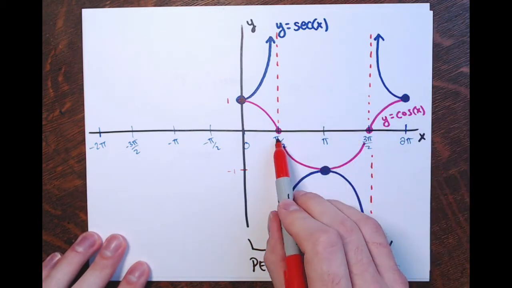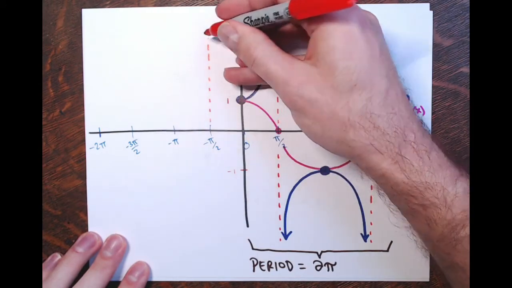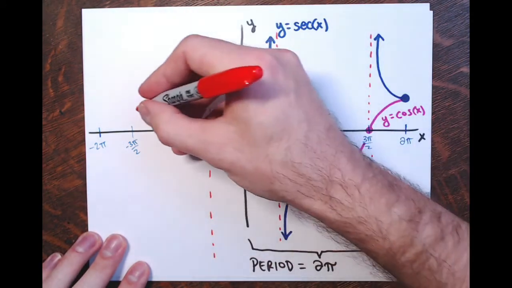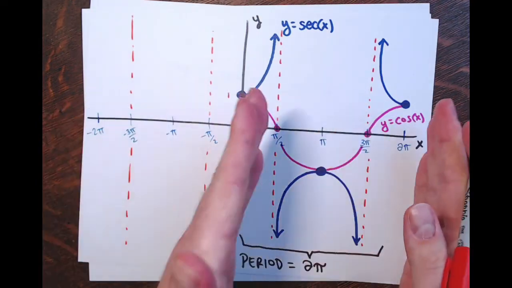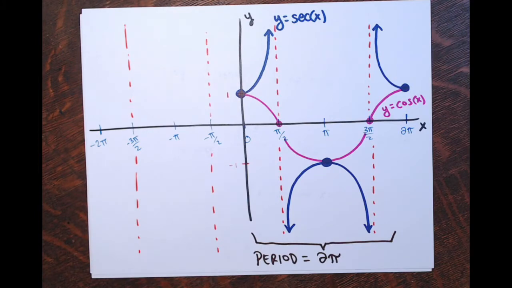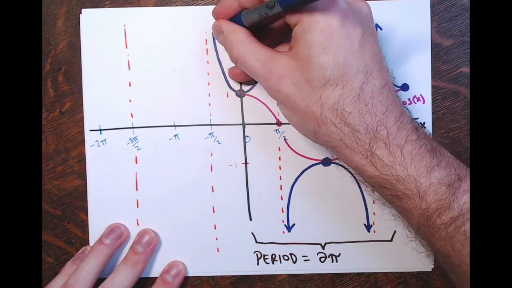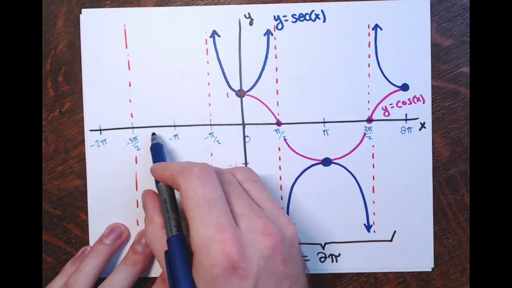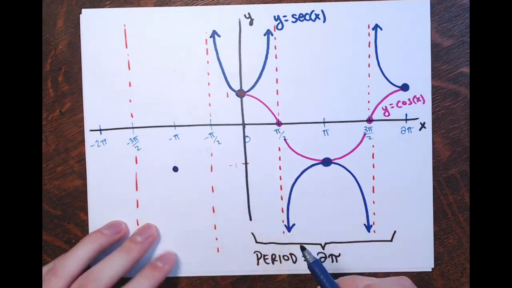Again, it looks like every pi radians, at negative pi over 2, at negative 3 pi over 2, right? If I'm going to draw basically the same picture as this over here, I'll have asymptotes at negative pi over 2 and negative 3 pi over 2. Then you'll finish the U shape opening up over here. And then between these two asymptotes I'll have a U shape opening down, and the highest it gets